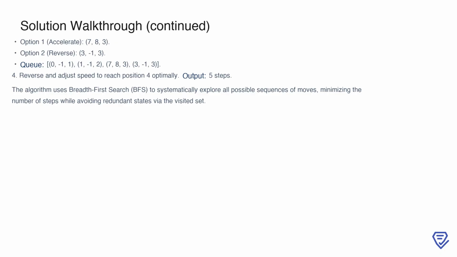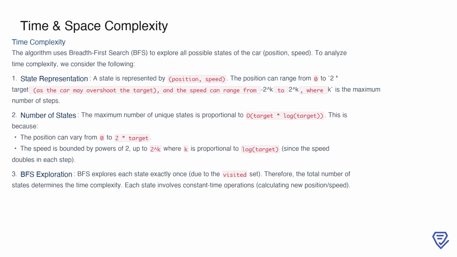This approach relies on breadth-first search to explore all possible sequences of moves in a systematic way. The visited set ensures that redundant states are avoided, optimizing the process to find the minimum number of steps required to reach the target. To analyze the time complexity of this algorithm, let's start by understanding how the car's states